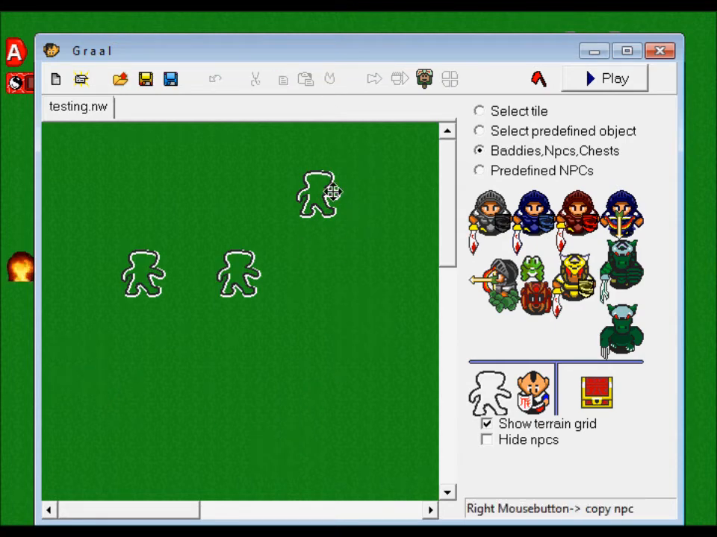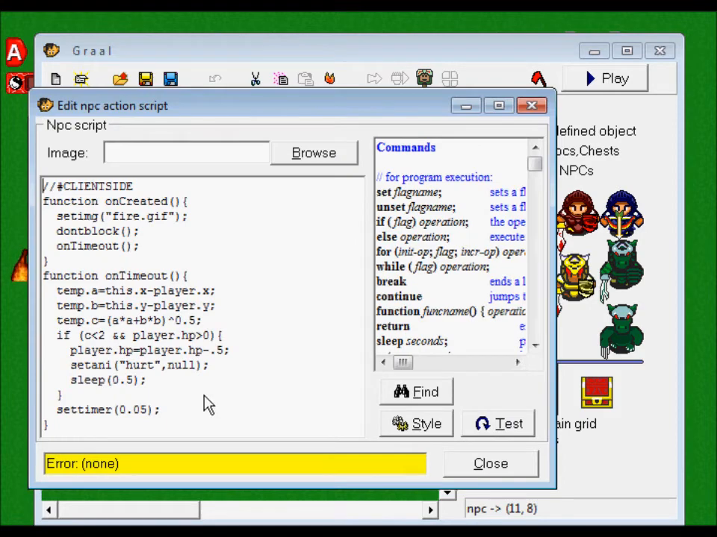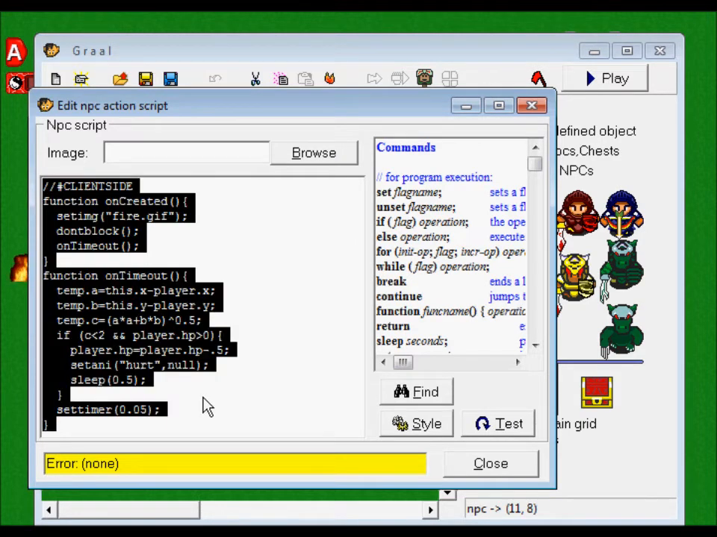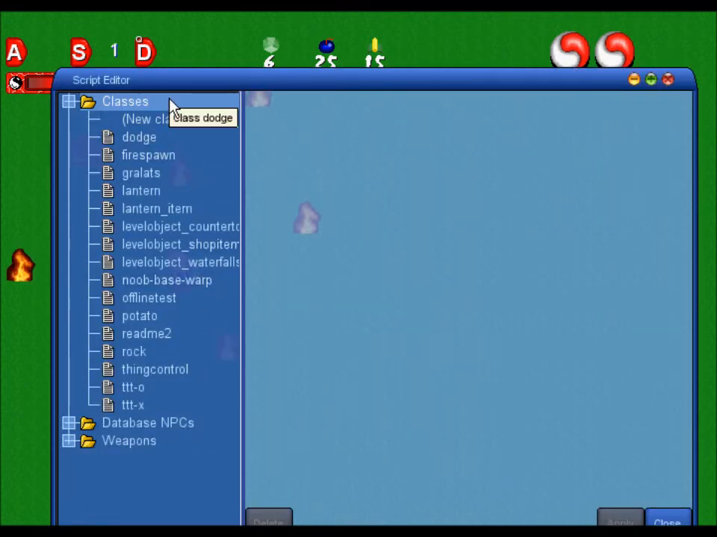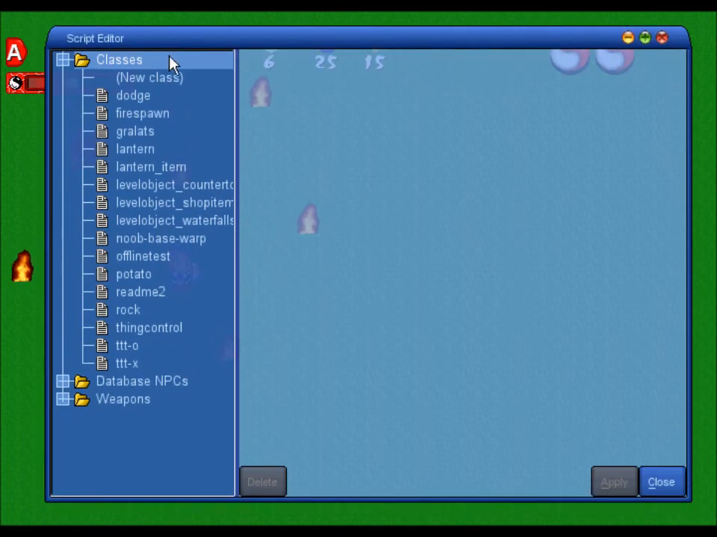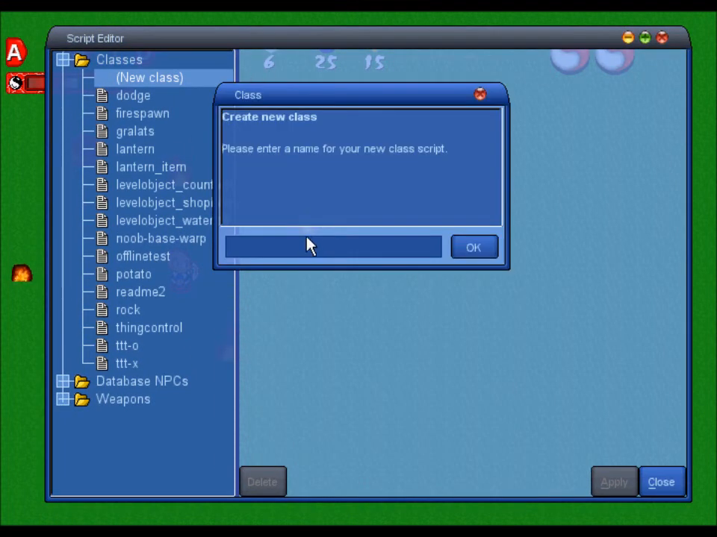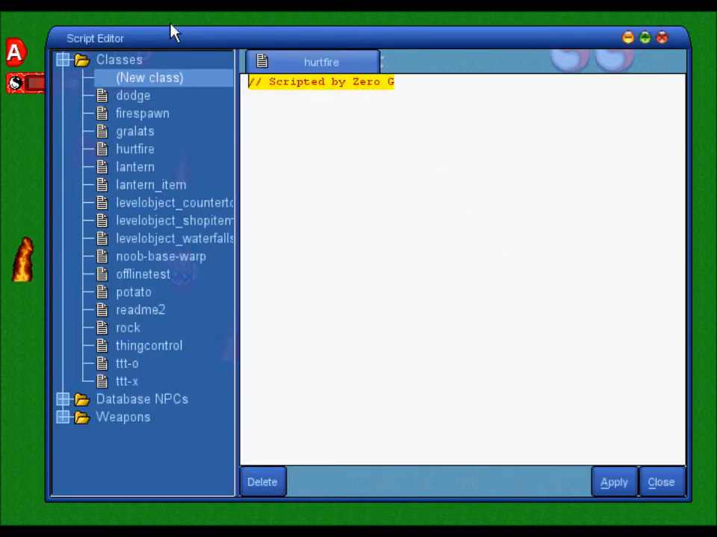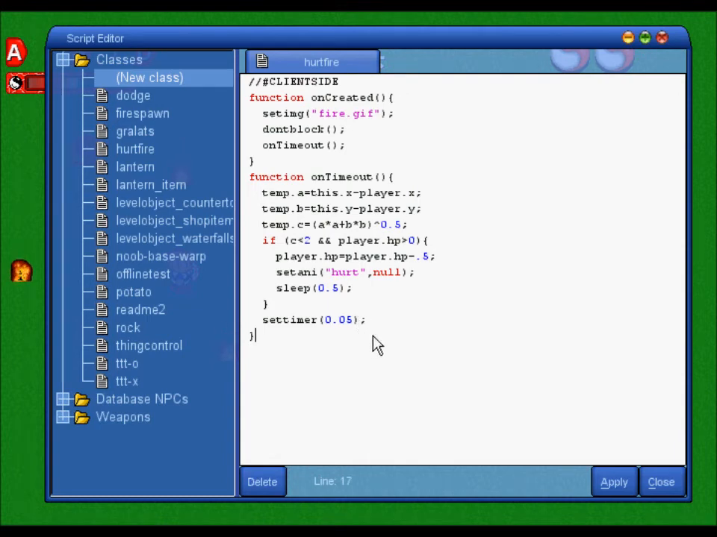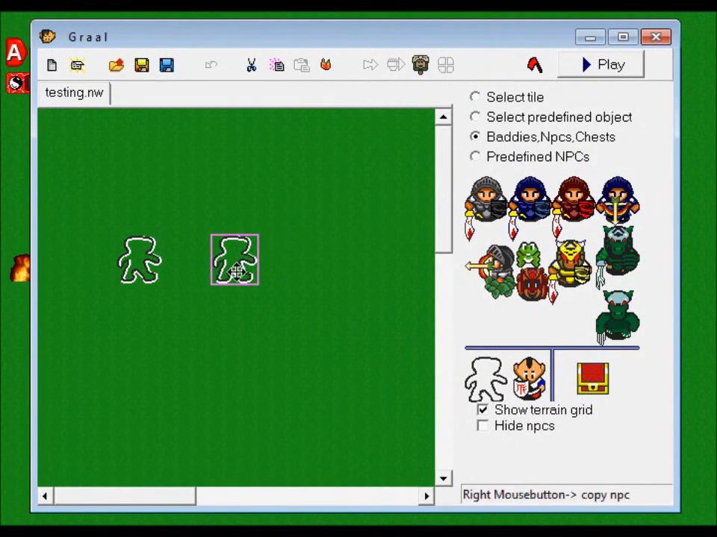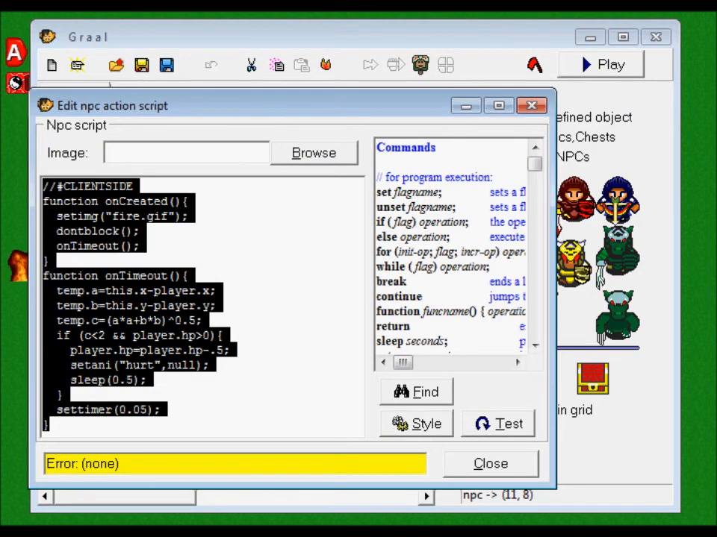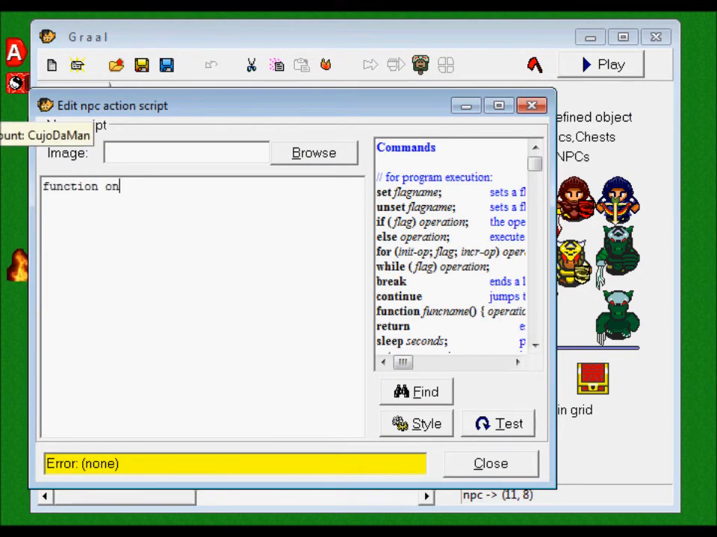Let's delete all the excess NPCs, then open the original NPC, copy everything. Then let's go to our RC in the scripts, open the classes folder, and add a new class. Let's call it Hurt Fire. Okay. Then we're going to paste this NPC script into here. Click apply. Okay. Now, in the level editor, we're going to open the NPC, delete all this, and put function on created,